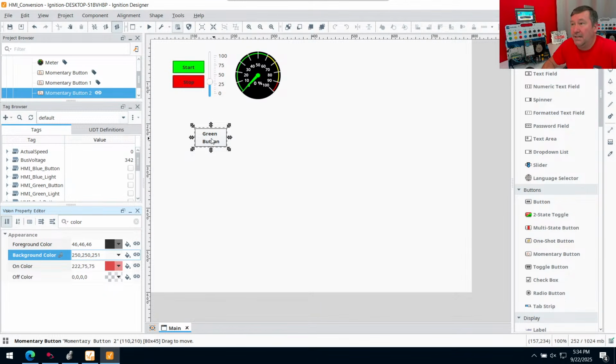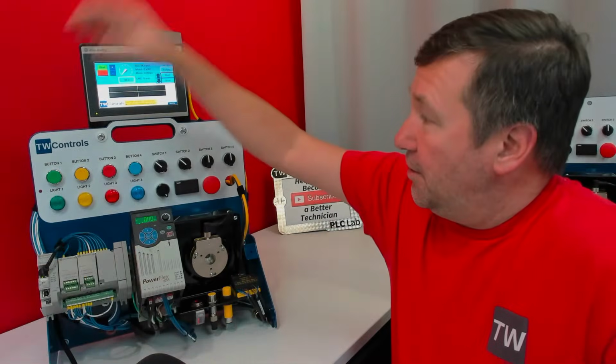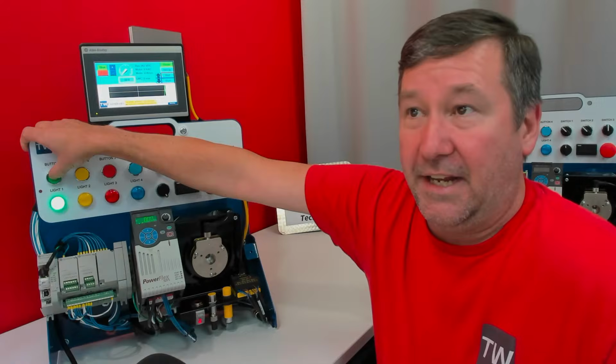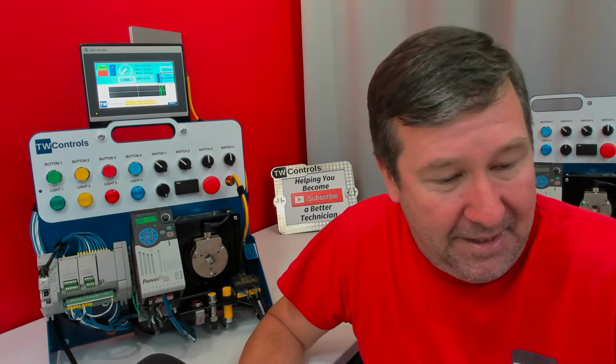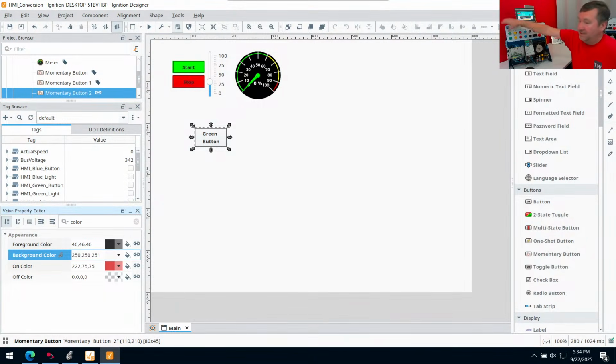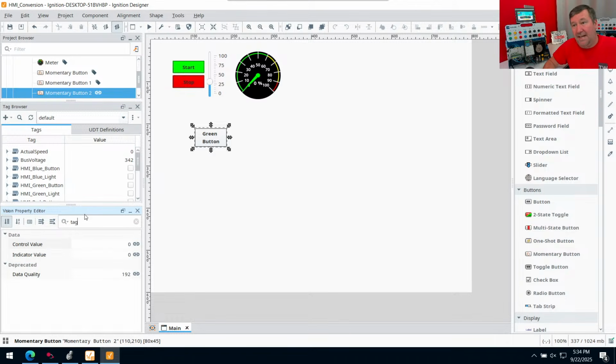And right now our green button is gray because our green light is not on. Now on our trainer, we also have where we can just use this. So just so you can see it without me interacting with it, I'm going to press the green button and our indicator changes. We let off of it and it goes away. Now, right now, we're only using the indicator function of this button. This button itself is not tied to anything. Now, let's make sure we understand how we know that, because I know I kind of botched that stop button doing it. But if we type tag in here,